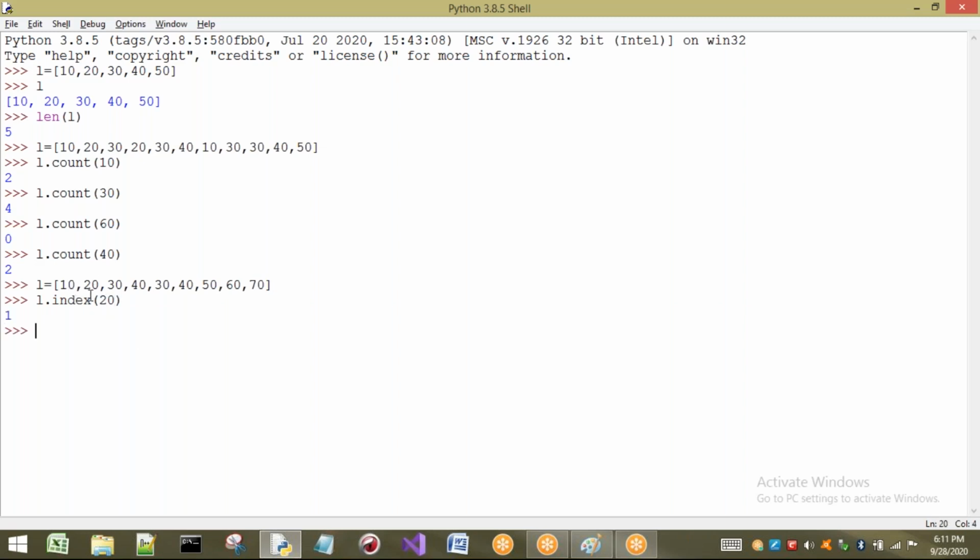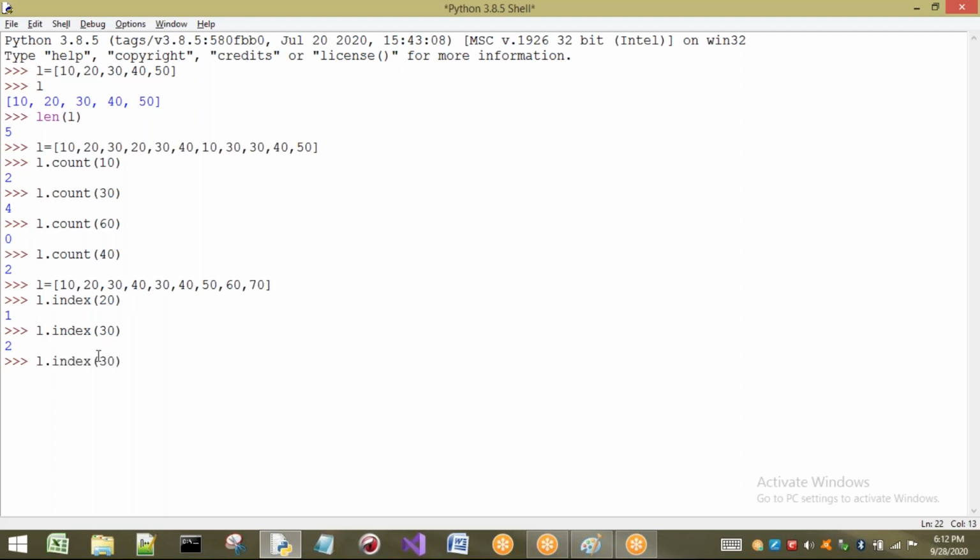So see here, 20 is present at which index? First index, 0 and 1. Now I want to find the index of 30. So here it is going to give me what? Only the index of this 30 but not this one. That means index is going to return the first occurrence, index of first occurrence only.